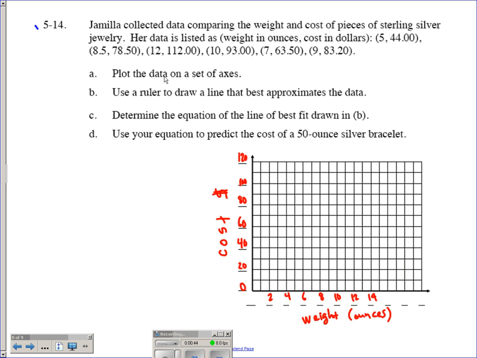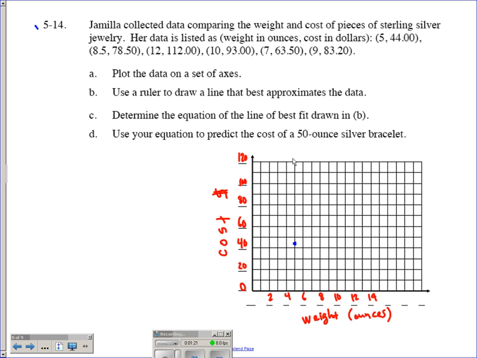First of all, they want us to plot the data on a set of axes. So we have to take the time here real quick to plot these on a graph. You'll see I've already set up a graph for myself. My independent variable representing weight, or the number of ounces, and my dependent variable, or my y values here, the cost in dollars. So let's go ahead and start plotting these on here. Let's do the first one, 5 and 44. So we're at 5 ounces and we've got about $44